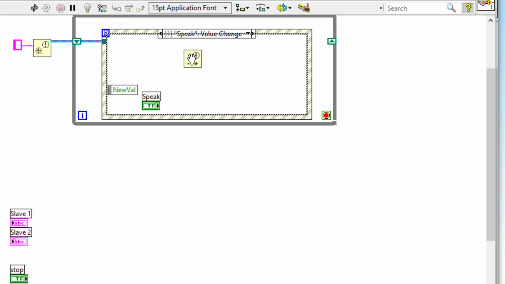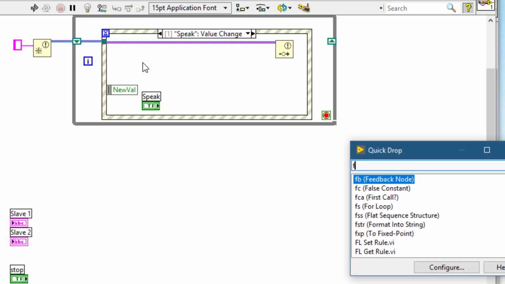Send a notification, let's say to send this notification, format